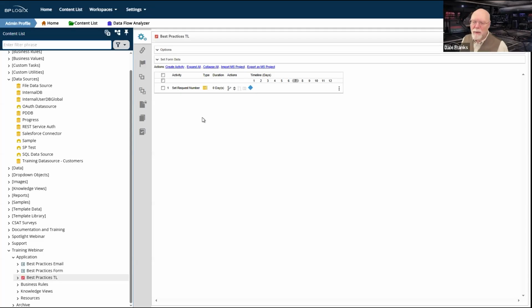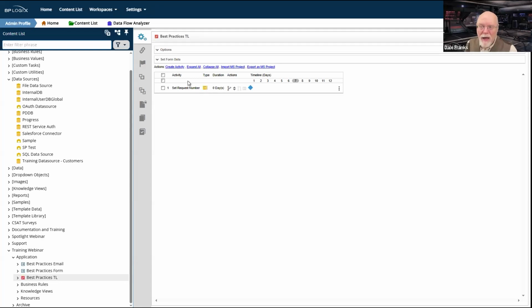It's best to just make it explicit. So if I get hit by a bus and somebody else has to take over this application, when they open up this process timeline, the first activity they're going to see is set request number. It's a custom task. It does a set form data. It's going to be immediately obvious what it is that I'm doing.